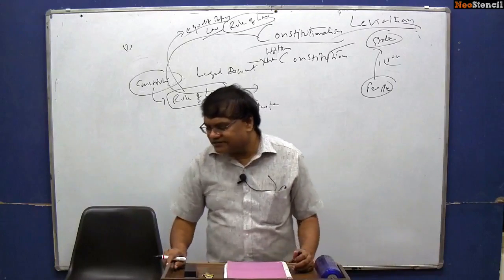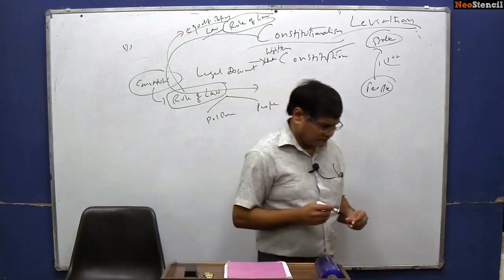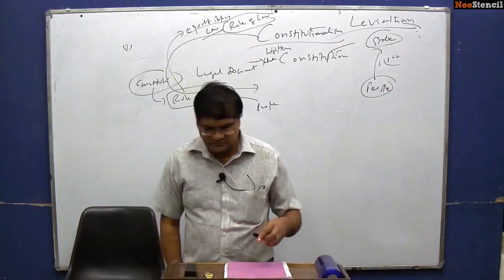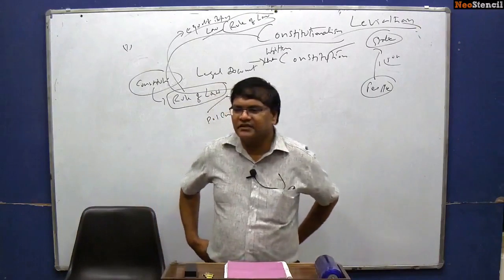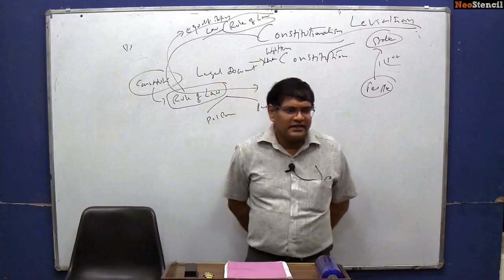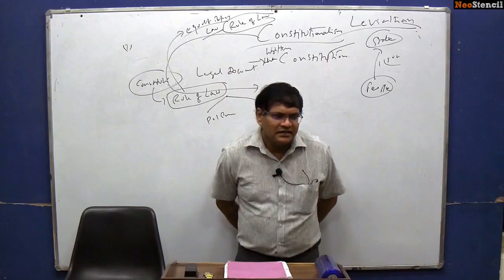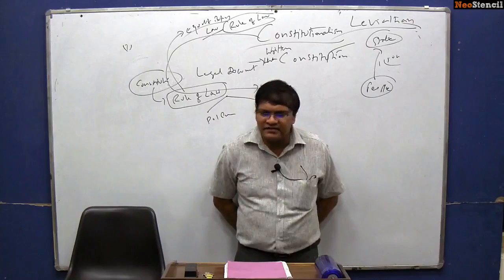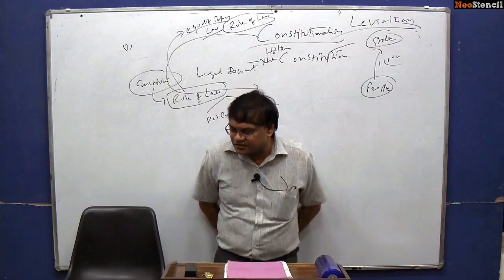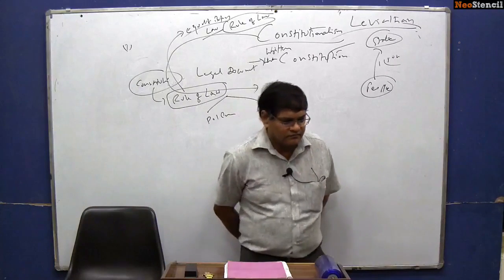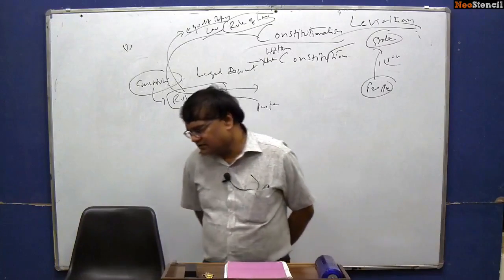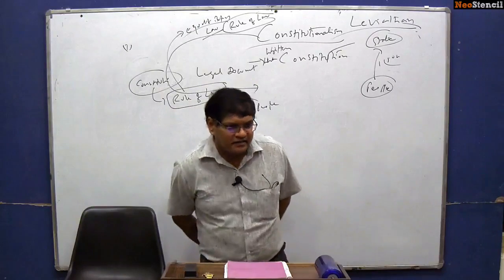Next, important features of constitutionalism. What are the important features of constitutionalism? When do we say that a country has constitutionalism in the functioning of its political and administrative systems? What are the important features? First and foremost, a written constitution. A written constitution should be there. Second,